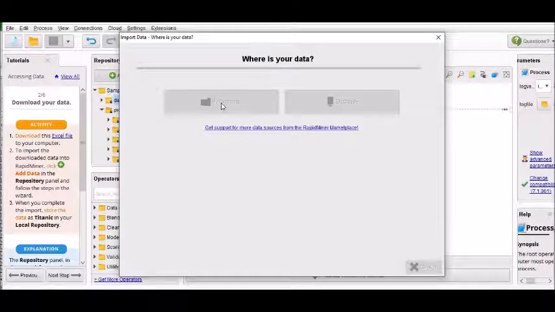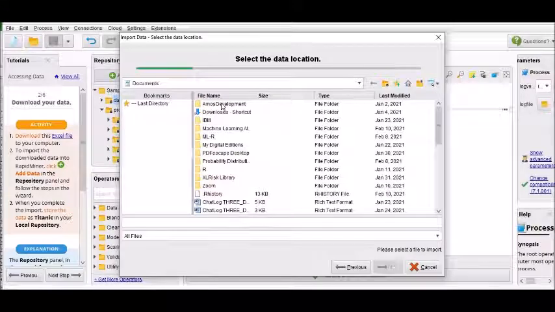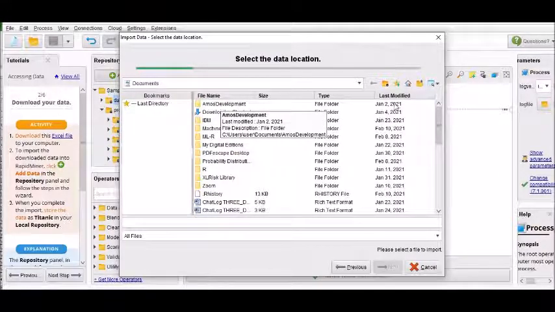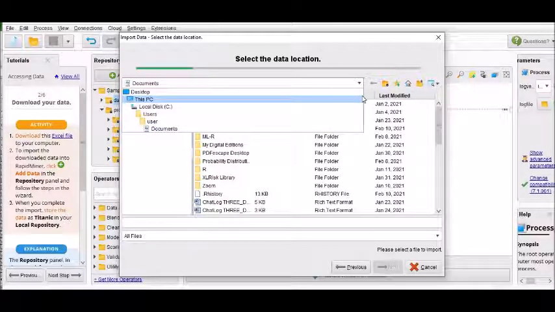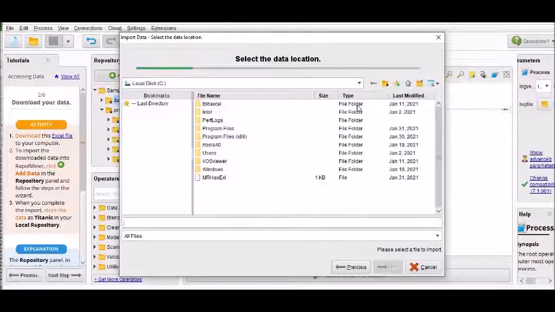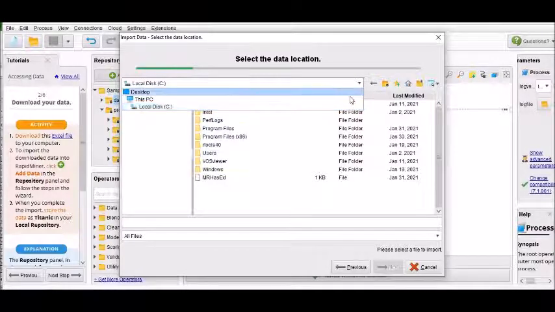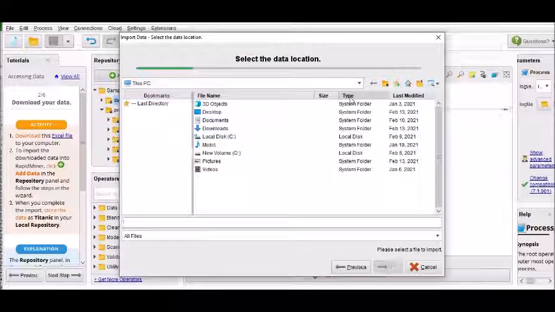Once you click on that, it will show all the documents and the drives which are available in your own computer system. So what you can do is select. Now since I know where my data is downloaded, it is in the downloaded files, so I will select that part. It's not in local disk, I'll go to This PC. From there I'll go to Downloads, and from here you can see very clearly that you have got the file called Titanic data.